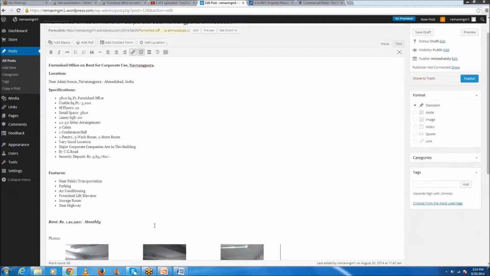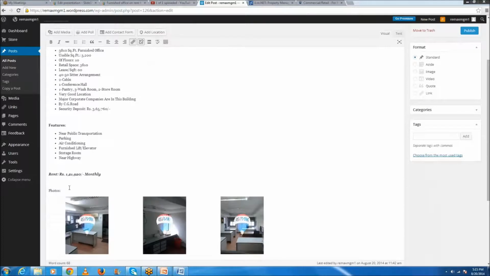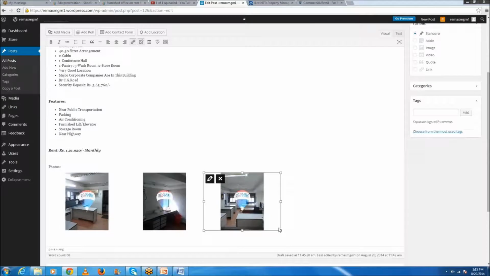So I will explain this again. What we have done, we will click add media from here. After the description is written, we will write photos and then we will select some photographs. See, we had already uploaded this property earlier, so photos are shown here. Otherwise, you will upload it from your desktop or wherever it is stored. Once it is done,